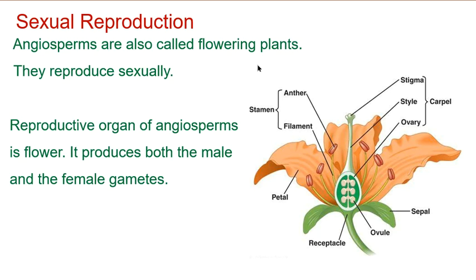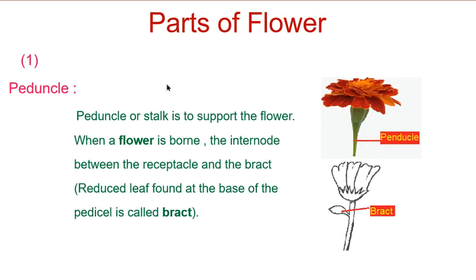Fine. So at a glance, if you see the parts of a flower, you can see there is a receptacle, a peduncle, ovule, sepal, petal, stamen, carpel. These are the parts of a flower. If you cut the flower longitudinally, you will see it looks like this. These are the different arrangements of the different whorls of the flower. Now moving forward in the slide, we will be discussing each part in detail. So these are the parts of a flower.